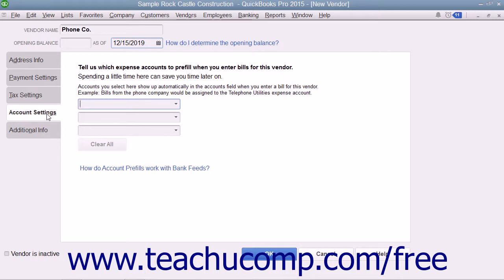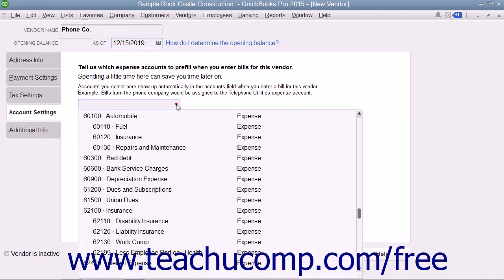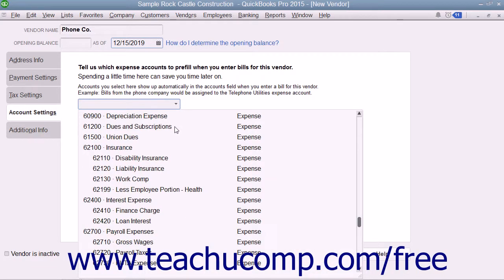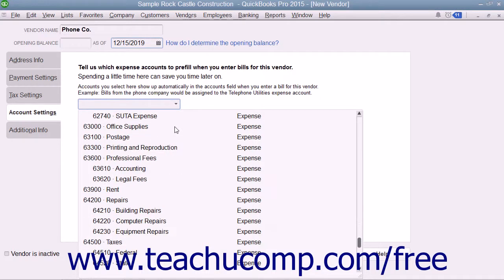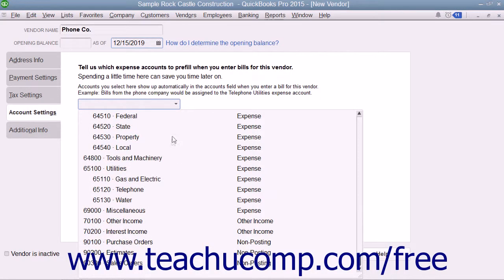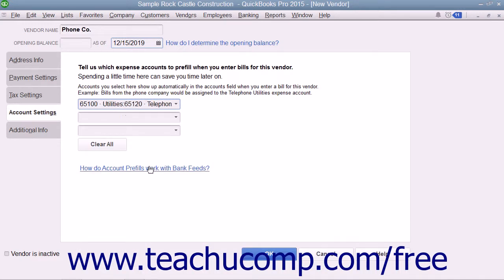On the Account Settings tab, you can enter vendor account pre-fill information. You can enter up to 3 accounts, most commonly expense or cost of goods accounts, that can appear automatically when you enter a bill from this vendor. Note that these accounts will appear within the Accounts column in the bill if you select this vendor record when